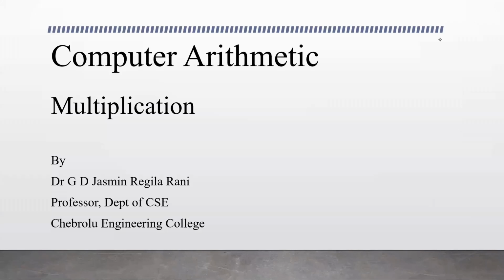In yesterday's class, we discussed the Booth multiplication algorithm, the algorithm that is used for multiplying numbers that are represented in 2's complement form. We have seen the hardware implementation, the procedure and the flow diagram also in the last class. In this class, I'll give you some examples that will help you to understand the flow of the process.